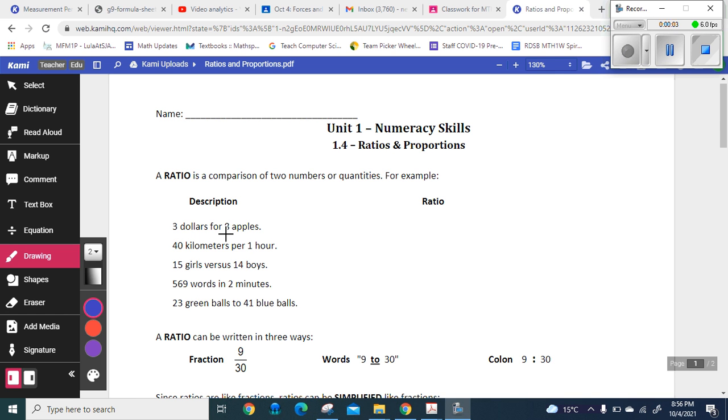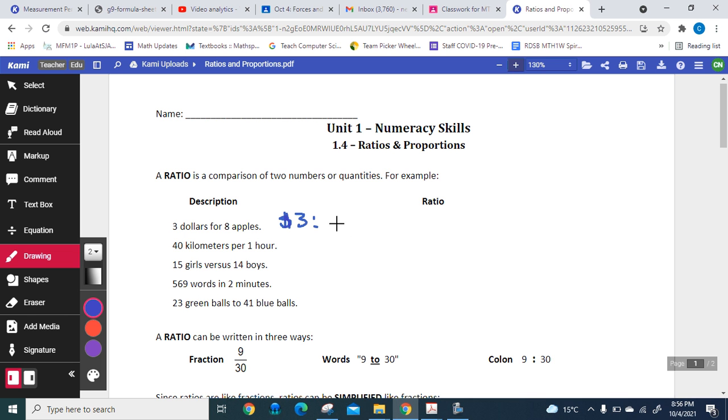Today, let's look at ratios and proportions. A ratio is a comparison of two numbers or quantities. So we've got $3 for 8 apples. My ratio would be $3 for 8 apples. Sometimes we write it as a fraction, $3 for 8 apples, kind of like our unit rates when we were